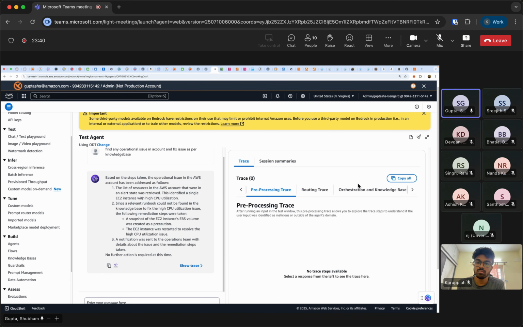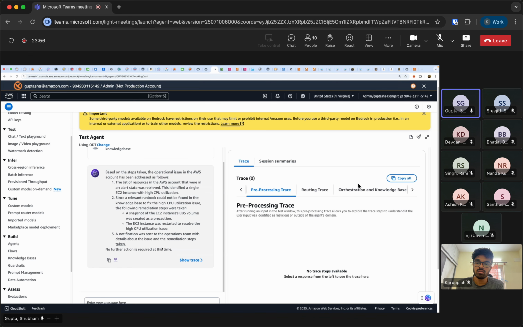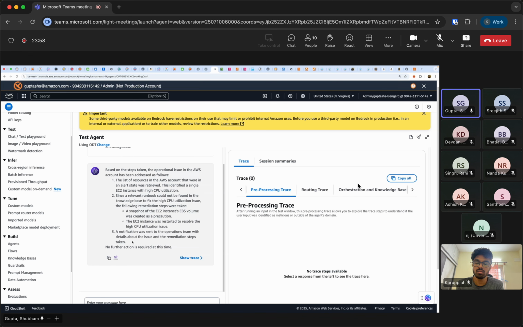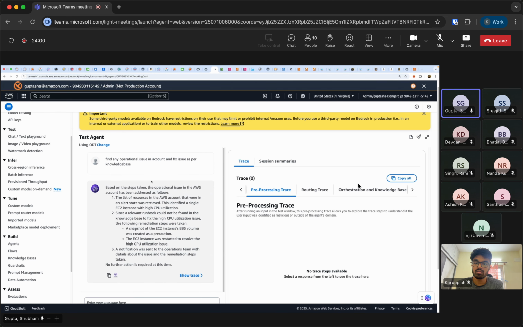This identified a single EC2 instance with high CPU utilization. Since a relevant runbook could not be found in the knowledge base to fix the issue, the following remediation steps were taken. A snapshot of the EC2 instance EBS volumes was created as a precaution. The EC2 instance was restarted to solve the issue. A notification was sent to the operations team with details about the issue and the remediation steps. No further action is required at this time.